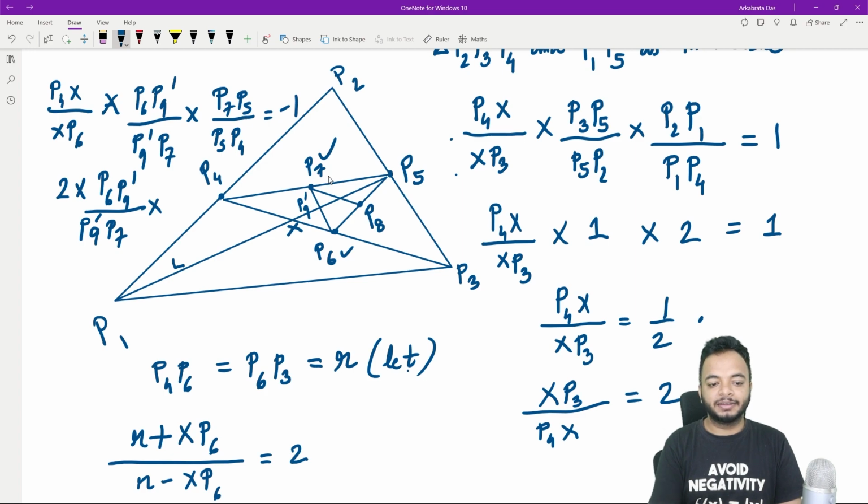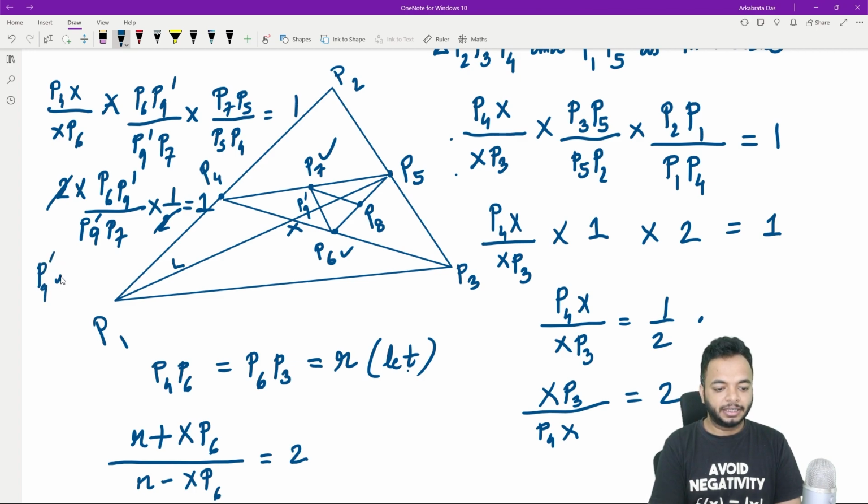As you can see, P7 is the midpoint, so P5 P4 will be double the length of P7 P5, so that means this ratio is half, and so it's equal to 1 here. So this is getting cancelled out, and that proves